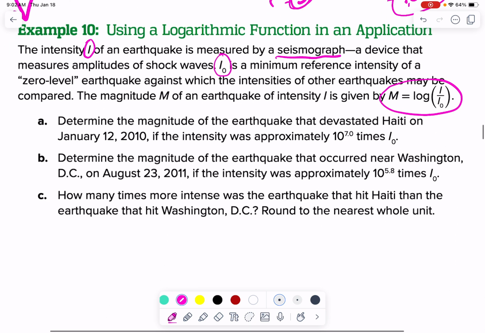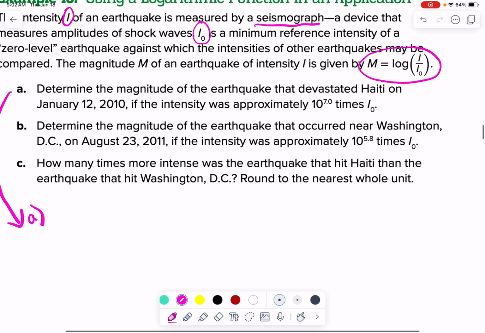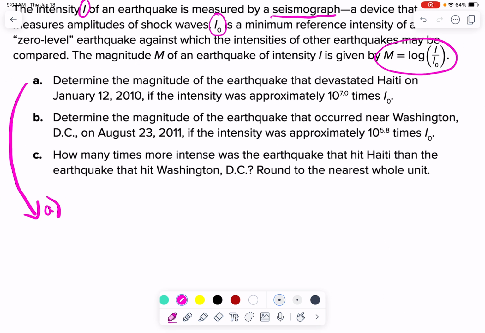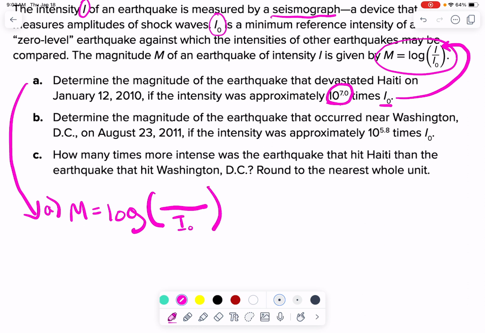So here we go. In part A. A and B are kind of too easy, but you get bogged down with the notation of it. Determine the magnitude of an earthquake that devastated Haiti on January 12th of 2010 if the intensity was approximately 10 to the 7th times what I naught is, okay? So that is what I is, okay? Here's how we're going to write this, okay? I naught is down below here in the formula, but